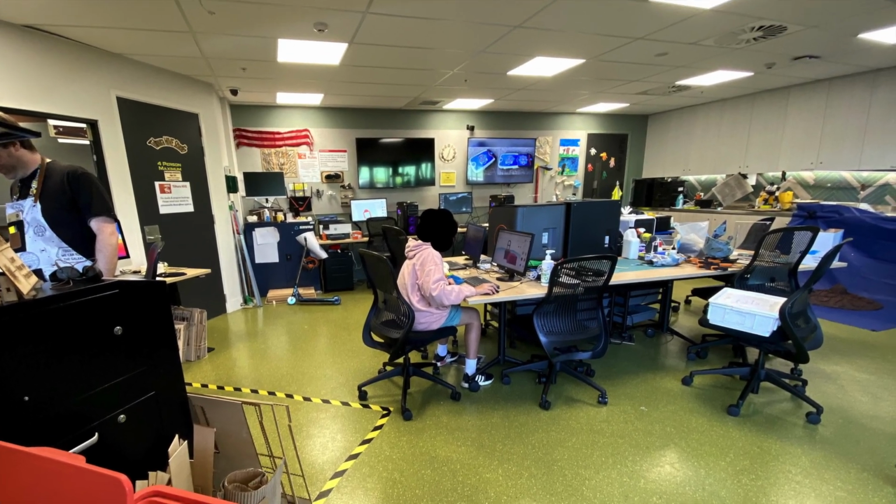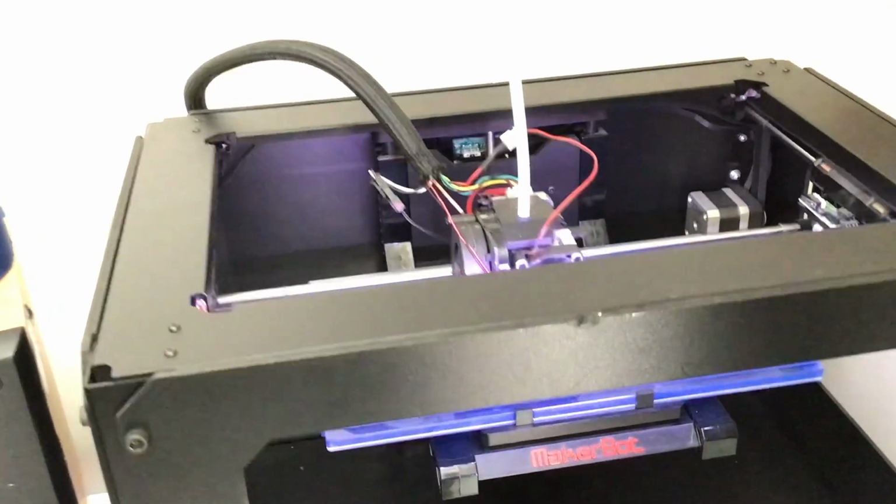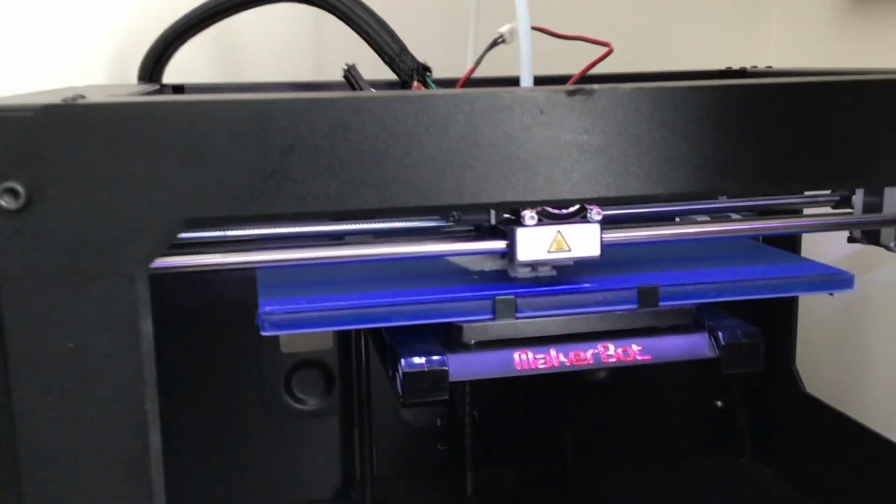So I got this laser cut, and I just want to say the Hive is amazing, alright? Everyone there is so helpful. They've helped teach me how to become a proper maker and everything. They've given me access to 3D printers and stuff. They've even helped me fix my 3D printer with stuff that I would never have thought to try because I'm so new to all this. So thank you so much for helping me learn all this. And like I said, all the people there are extremely awesome. If you live in the Wellington region and we're not in level red, I highly suggest you go check them out, because